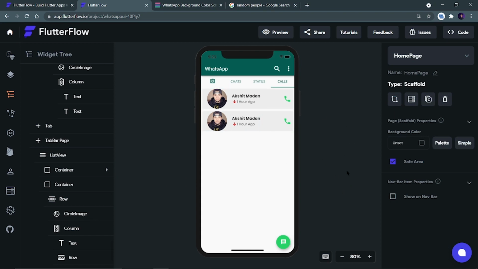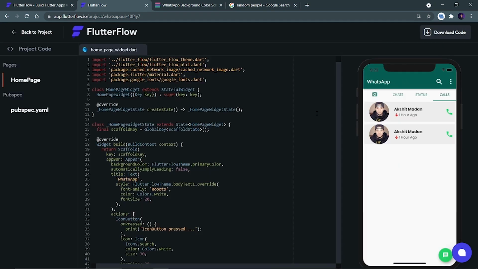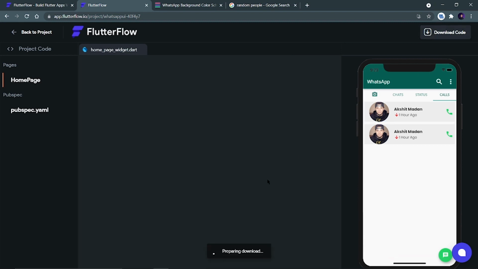Now what I want to do is download this code and change it. I will show you how you can change the background color of this tab bar. Let me go to code and click on download code.